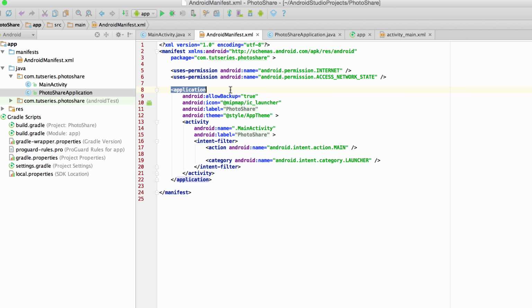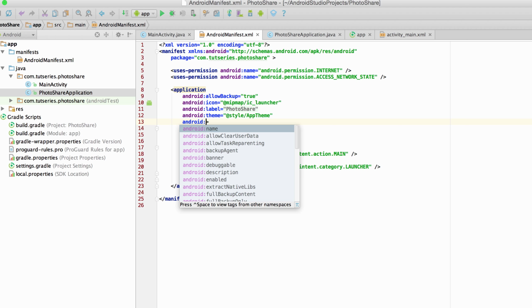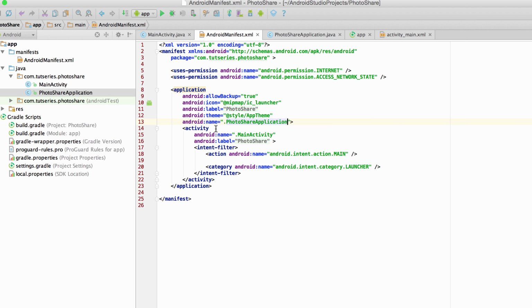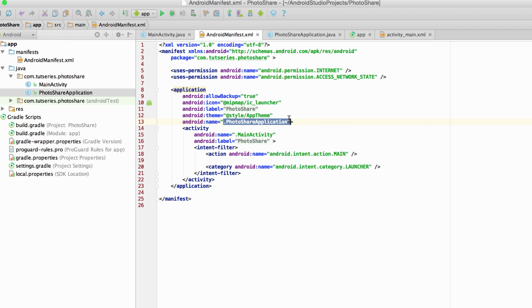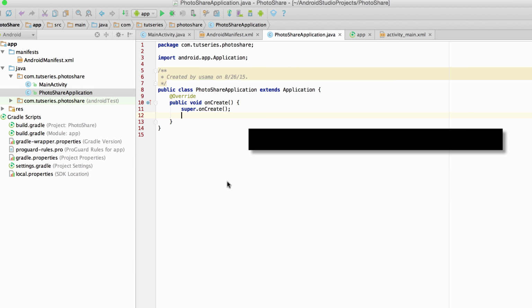You'll notice that it corresponds to this root tag right here that's called application. In order to specify that we want to use the application we just created, we're going to add this android:name field right here, and we're going to specify that we want the PhotoShareApplication. To do that, we just do .PhotoShareApplication, and the autocomplete takes care of most of the work for us. Alright, now that we've done that, we're going to override onCreate,